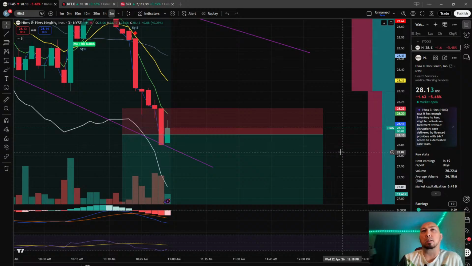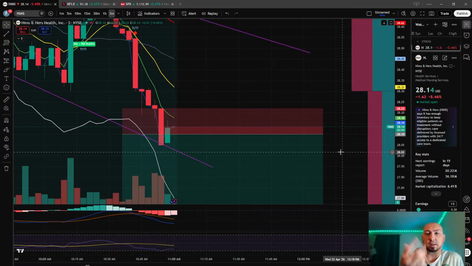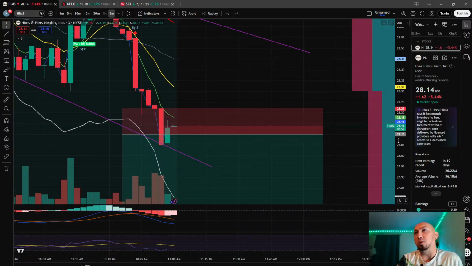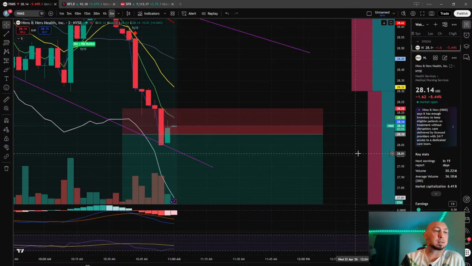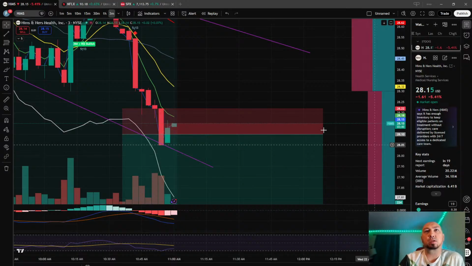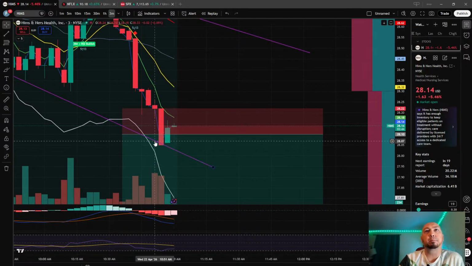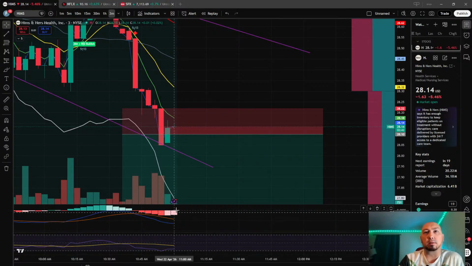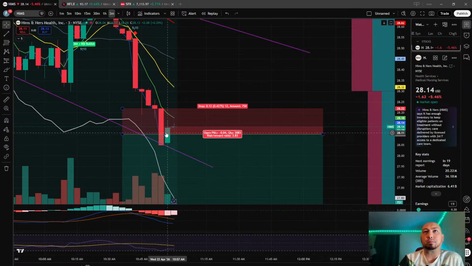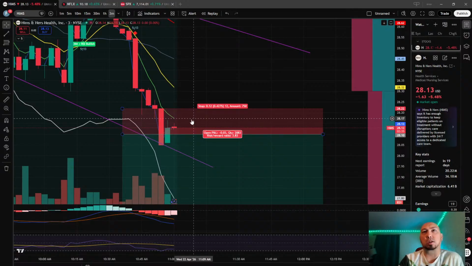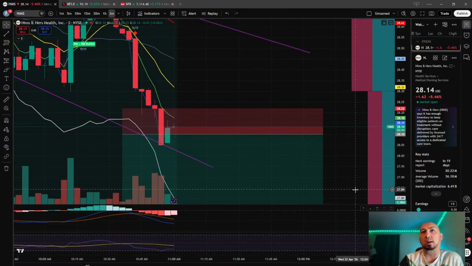So I'm taking a little bit of a loss at the moment. I mean, it's like a few bucks because we've only moved 15 cents, so it's not huge. But seeing that it did hit this trend line, and we are kind of reversing. Let's see, we have a bit of MACD reversal. RSI is still kind of flat. It could be a fake out reversal where you just need to chop sideways for a minute, and then we'll fall more.